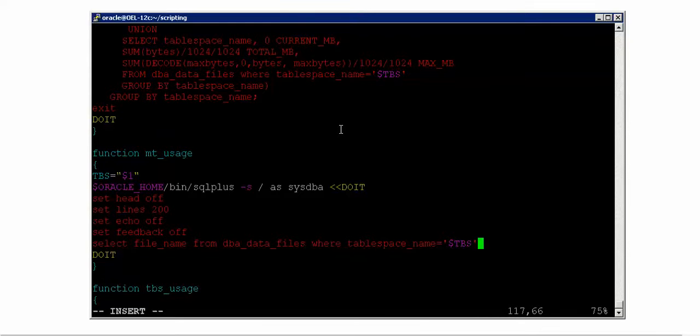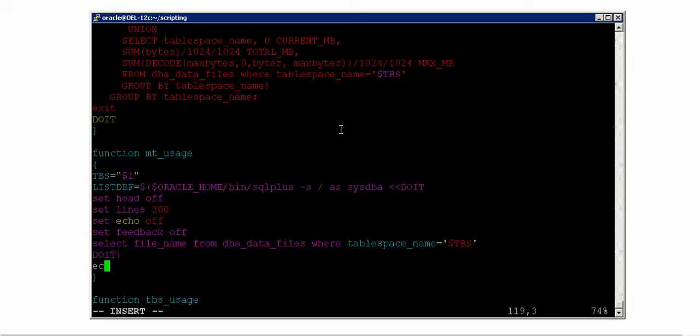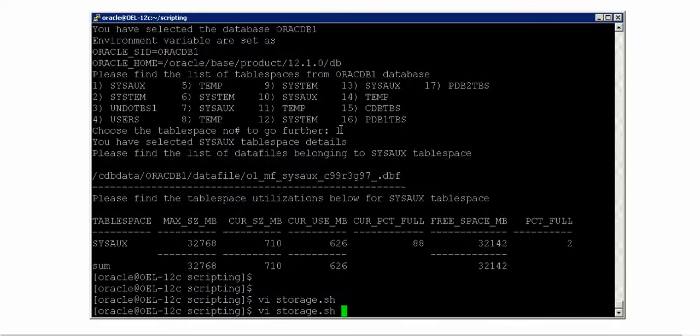So once this is done, you should say that whatever output you get from this, make sure you redirect that output to another variable called list dbf. This is the function you are trying to capture. So you say dollar and then this one, and this is where it ends. This is what it has to execute, and then it has to give you the output here. Okay, now let me verify echo dollar list dbf to see if this is working fine or not, because that's where I'm doubting.